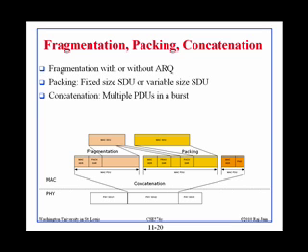So you take, let's see, this is an example right here. You take this SDU, and part of it goes into this PDU, and the other part goes into this PDU. So that is fragmentation. Packing is putting more than one into one. So here we have packing because we have some part of this first SDU as well as this SDU, more than one SDU. And concatenation is when we combine many PDUs